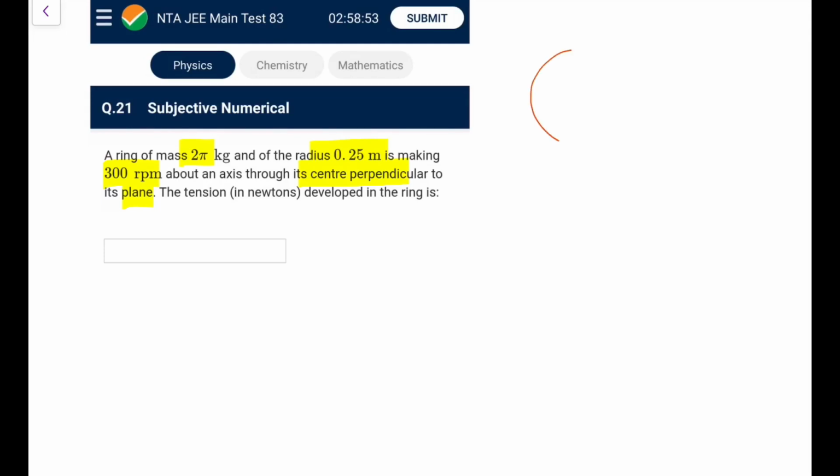So how to do this question? Let's take a very small angle, let's say subtending delta theta. For this section, if I draw the two parts, this is T, this is T, this is delta theta by 2, this is delta theta by 2. So this is the net force towards the center, by symmetry the tension will be the same. So the force towards the center is 2T sine delta theta by 2, which equals m.